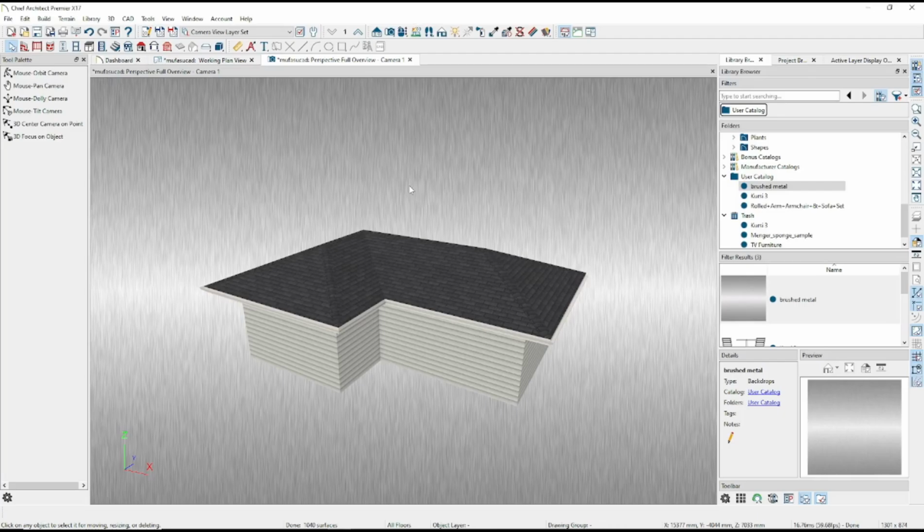Okay, that's it for a basic Shift Architect tutorial on how to add